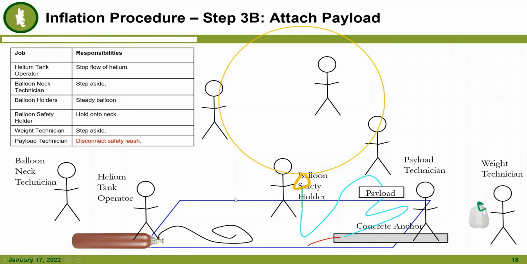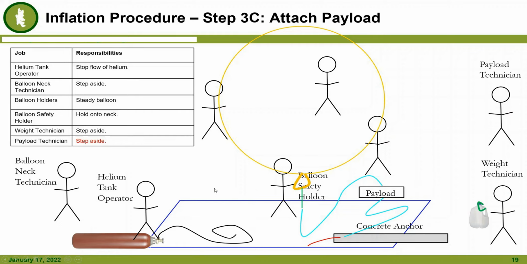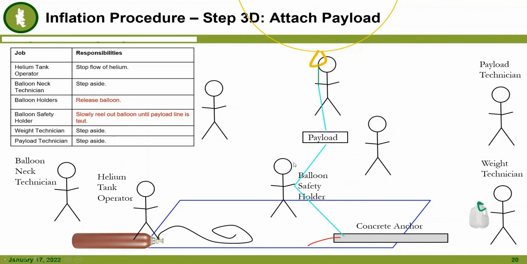Now we can have everybody step aside, and then slowly release the balloon. We can reel it up, and basically it's going to start ascending. It's going to pull up the payload, and it's going to pull up this secondary leash line. Again, it will be clear what this is for in a little bit when we actually do the real launch. In fact, we're going to use this procedure when we do what we're calling our mock